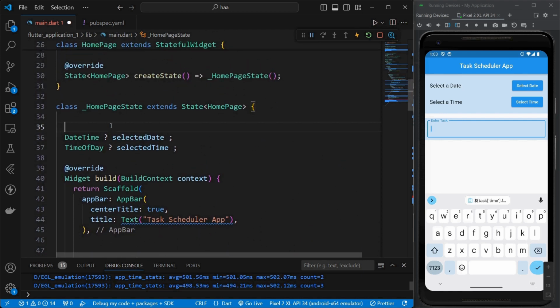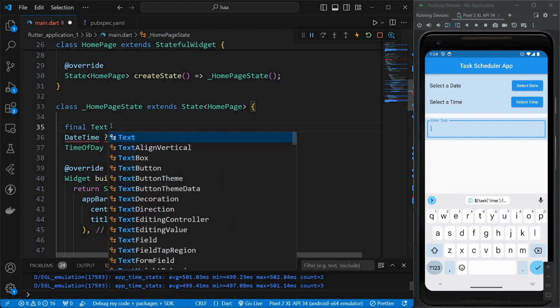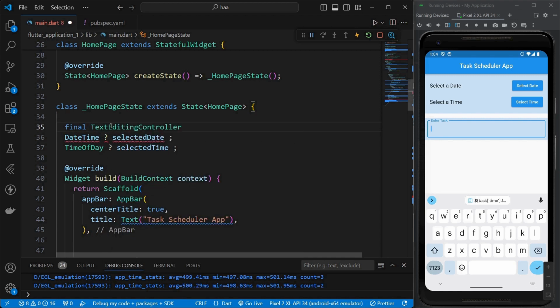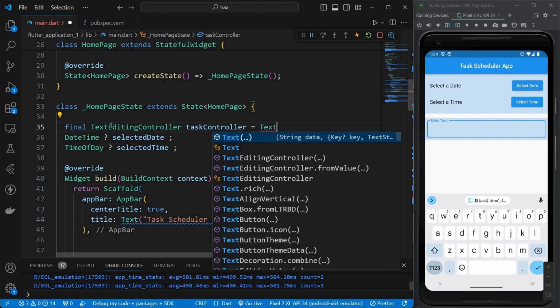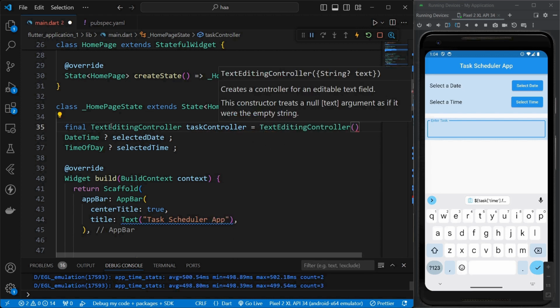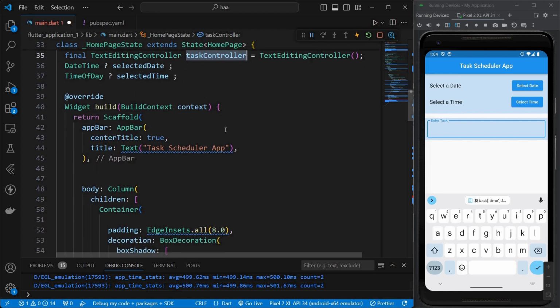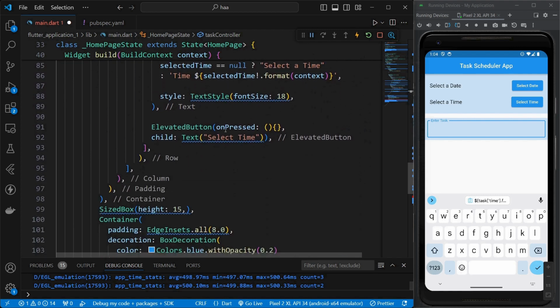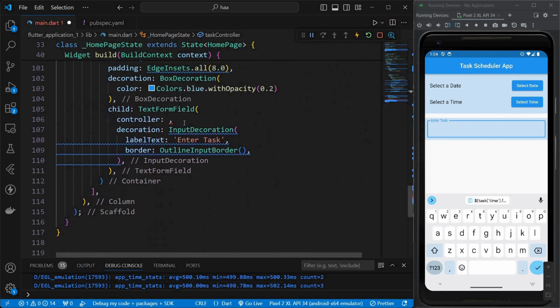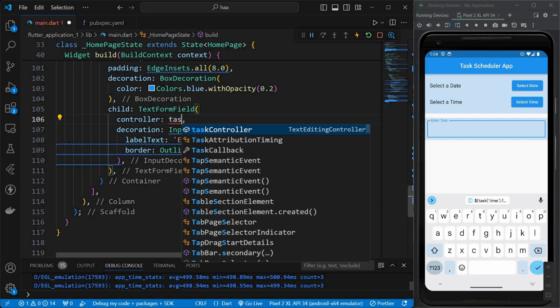We'll use final and use TextEditingController, and give the variable the name taskController, and inside this we'll call the TextEditingController function. So this is the statement for declaring our controller, and now we'll just pass this taskController inside the TextField. So we'll pass it taskController. Okay,